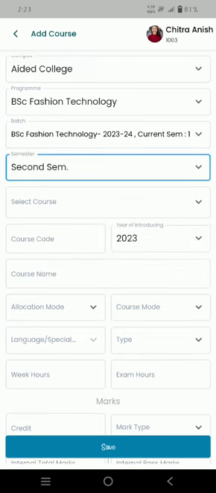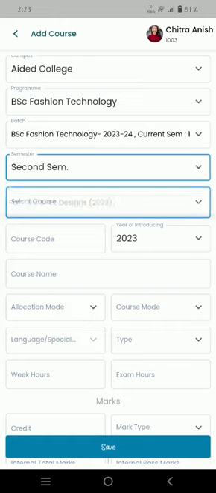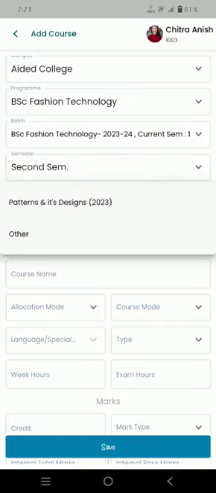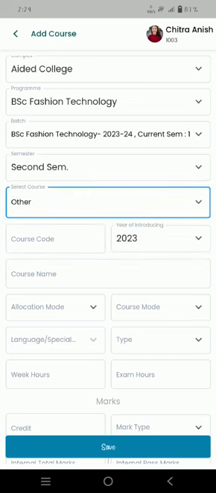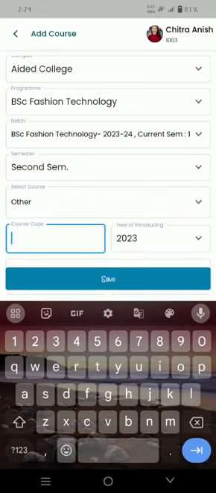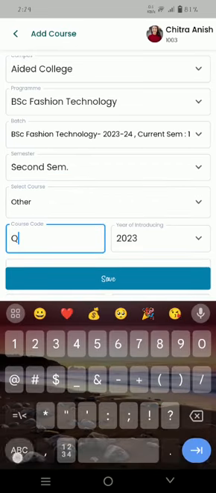The next one will be the course. So I'll be clicking on the course button. Here I have an option to either select the paper that is visible over here, or if I want to create a new course, I'll be clicking on the other option. Once the other option has been selected, the next step is to add the course code. So here I'll be adding the course code,